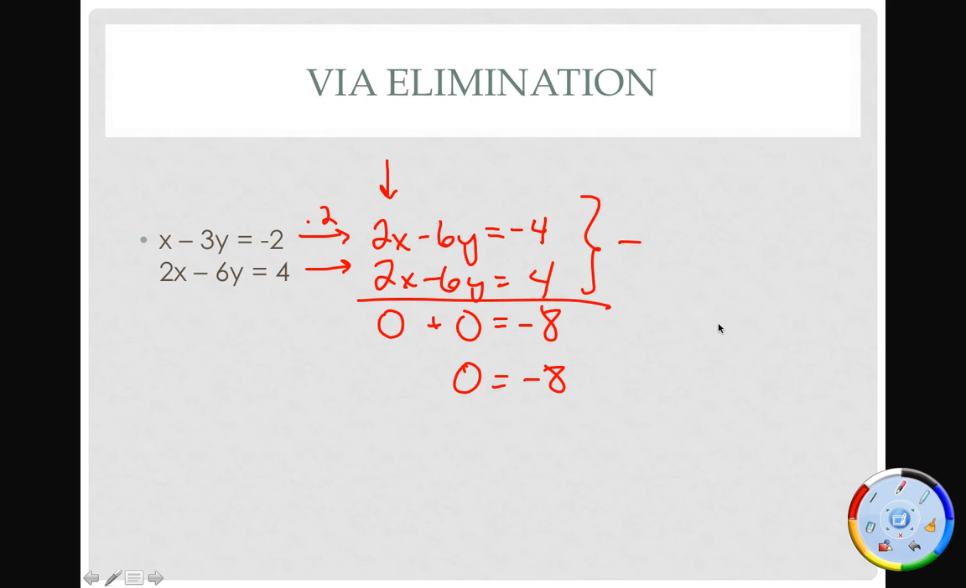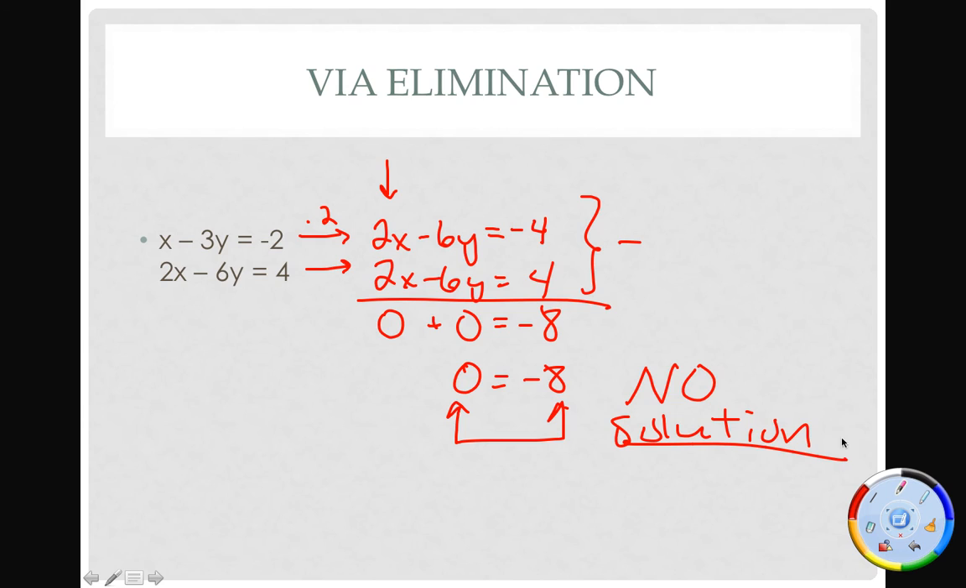Well, some people get really confused with this. And I basically ask the same question. Does 0 equal negative 8? The answer is no. Are they ever equal? No. So in this particular case, when you get a number equal to a different number, this is a no